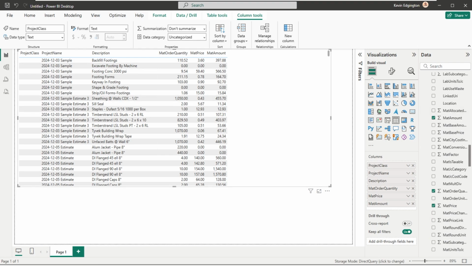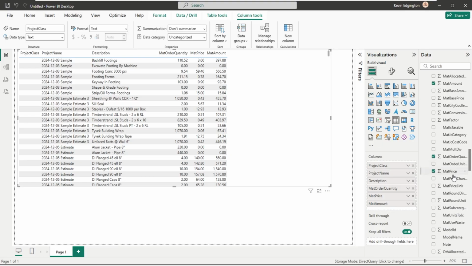Let's say the next thing I had on my example was the last time the price date was changed. So keep in mind, you might do your bid date. So I could say, yeah, I want it more based on when I put the estimate together or something like that. In my case, I'm going to go back and say I want to base it on the material price change.